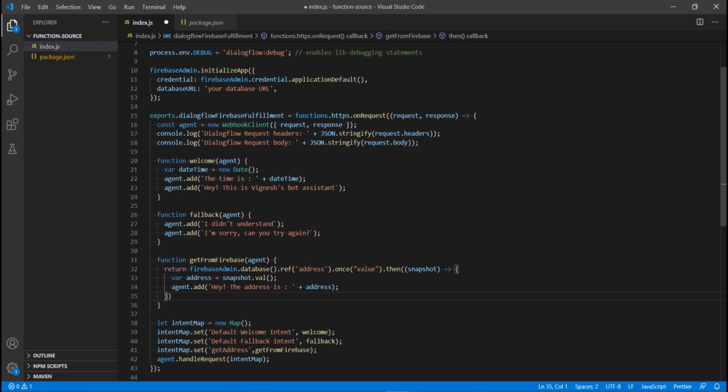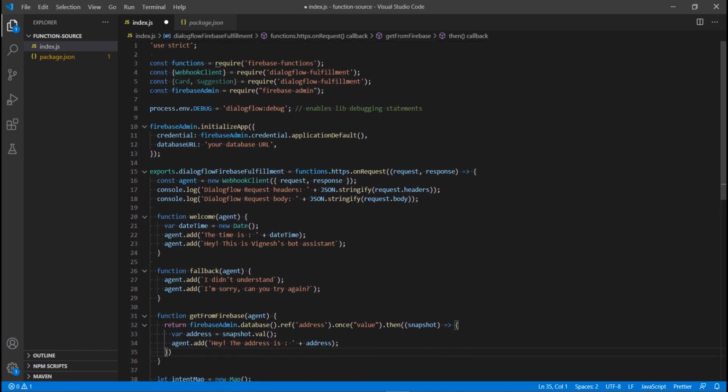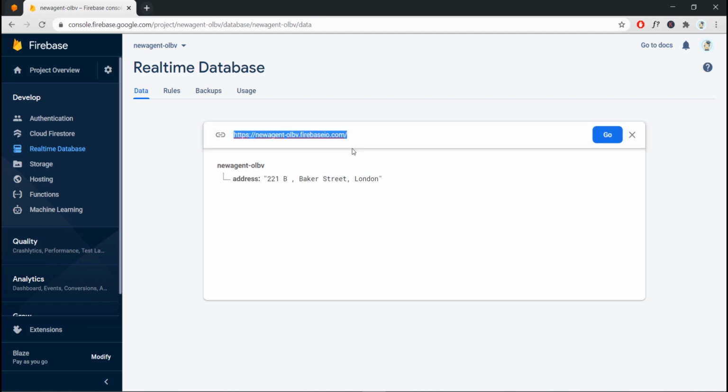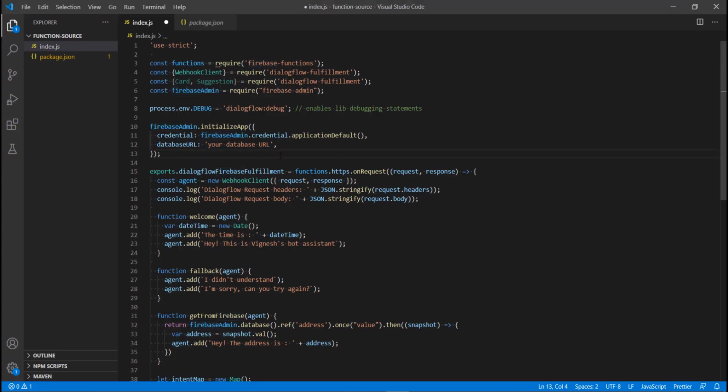Okay, so let me double check. We have created a constant called Firebase admin. It requires the dependency of Firebase admin, and I'm initializing. Oh, I haven't pasted the database URL, my mistake. I'll head over here and copy it. One thing you have to keep in mind is instead of HTTPS use WS. I haven't quite got knowledge on why we are using WS, but the documentation suggested me to do so. I'll explore and let you know in the comment section.